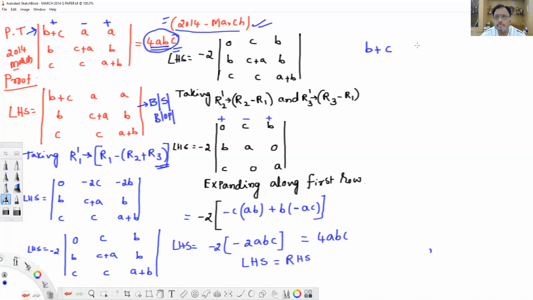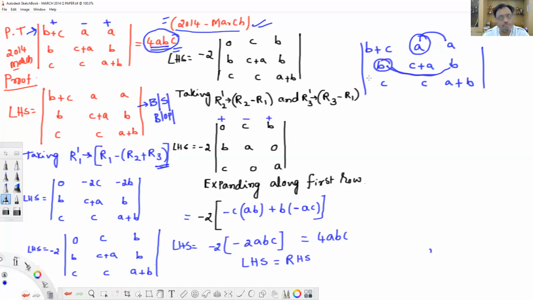Suppose I'll tell you, A and B, C plus A and B, and C, A plus B. Some elements, but remember, I've given you freedom. We have a freedom to subtract also. Some students, what they do, sir, I'll go for C2 minus C1. That means C2 minus C1, A minus A, this will become 0. Some students will think that, sir, I'll go for C1 minus C3. C1 minus C3, like this. This will become 0.